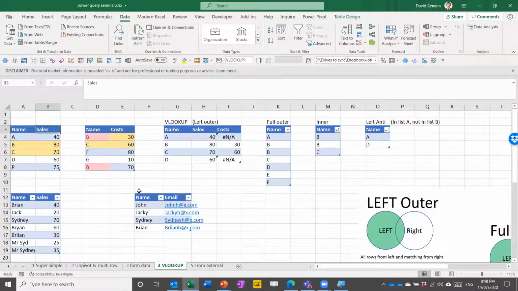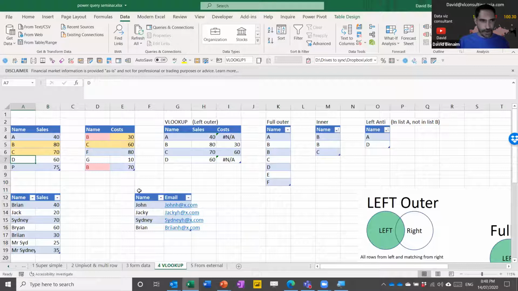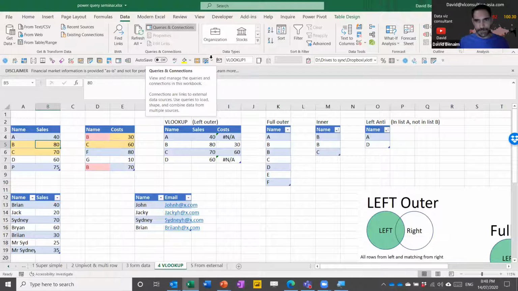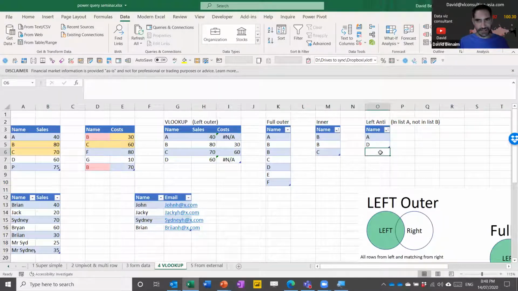Yeah. All right. So I've added in another row for P. And this one obviously doesn't match the other one. So if I go back into my query, I would expect the left anti to give me the letter P there as well. I'll show you that in a sec, but before I do, let me load up these 2 tables,